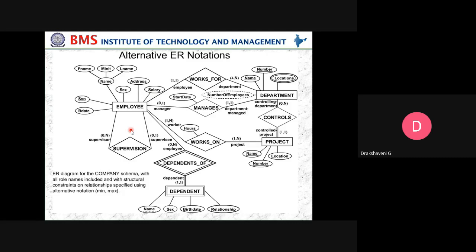Then in the employee table, we have a self relationship, that is supervision. An employee can be an employee as well as a HOD or principal, so we say it is supervised. The same way, this is dependents of.